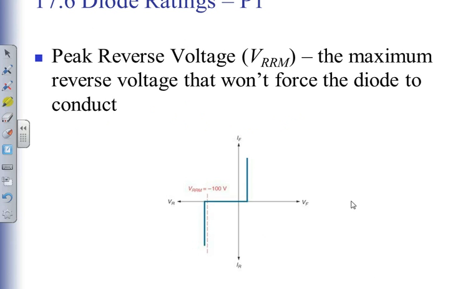All right, now there is going to be a peak reverse voltage on a diode. In this case it's showing a minus 100 volts, but when I make that diode, there's some reverse peak voltage that if I go above, I'm going to break the diode, and it's going to burn out, and it's going to turn into a piece of melted thing that's going to sit there and allow current to flow. So at some point, I'm going to force the